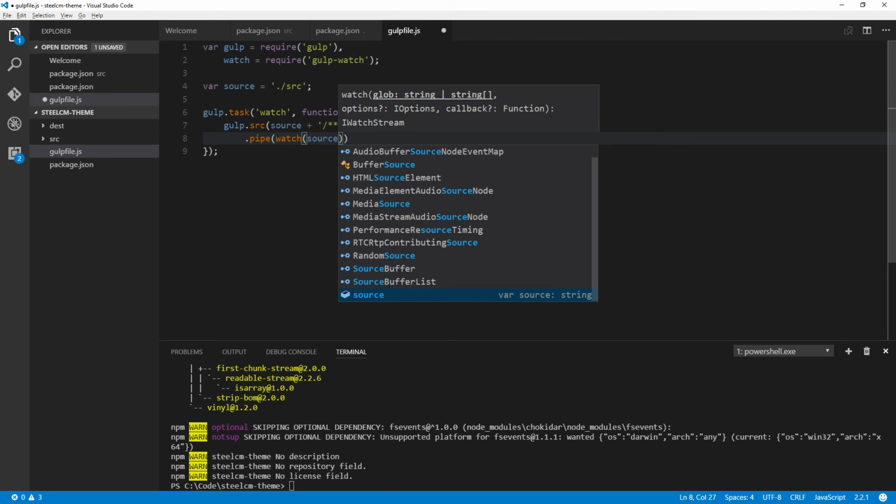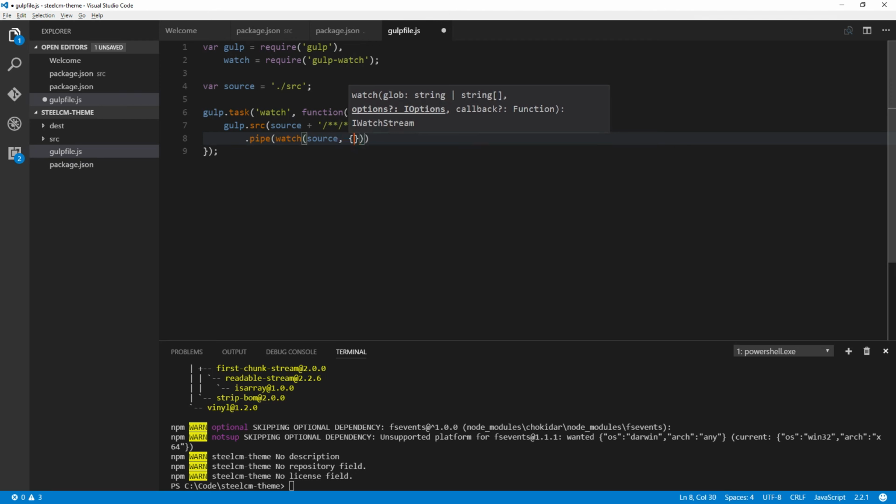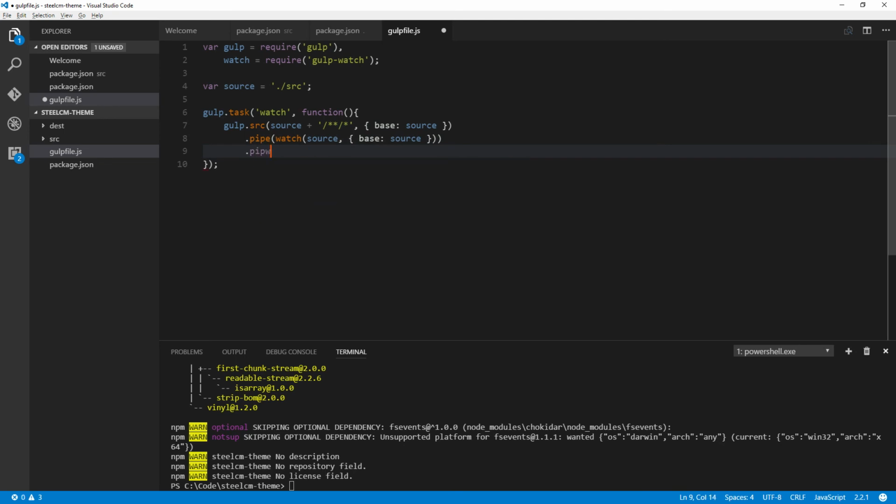Oh no, wait, yeah. Go do the same thing. And then finally we want to output it to a destination. So we've grabbed all our files, we're looking at these files, we're watching them for a change, and then what are we going to do with them? Well, we're actually going to move them. So we're going to put them to a destination,